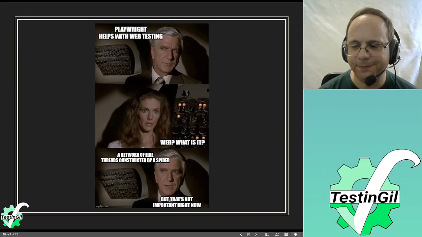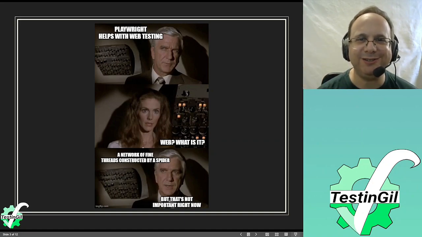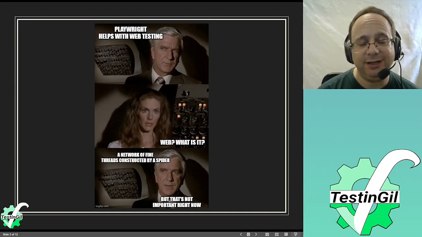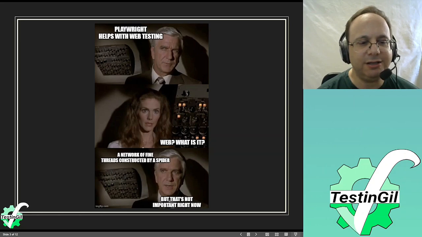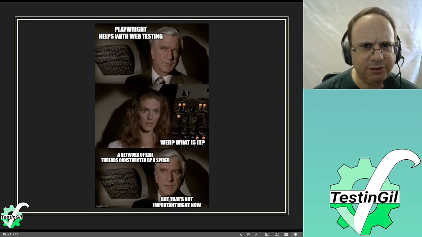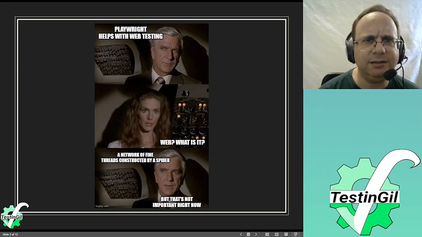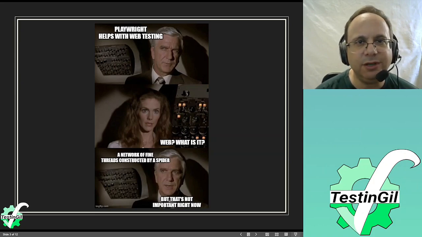Okay, one more thing. We think about web automation or web automation testing as something that is in the jurisdiction of testers. It is. And unfortunately, I think it should be everybody's responsibility. If you're web developers or developing something, as you'll see, it's good to know Playwright as a test framework, but also add that as a useful tool in your tool belt in order to support testing other facets of your system through the web UI.